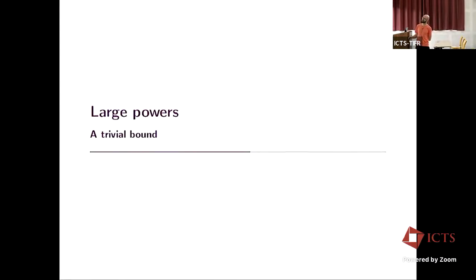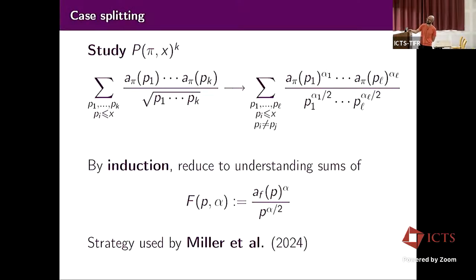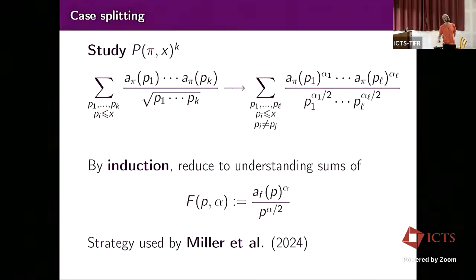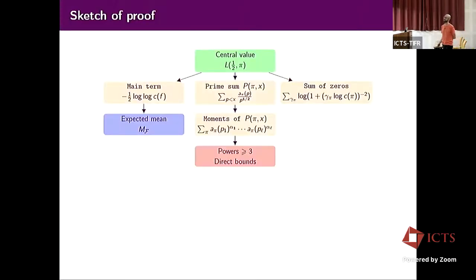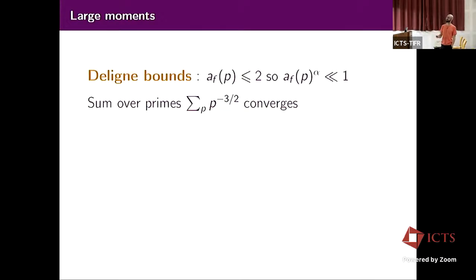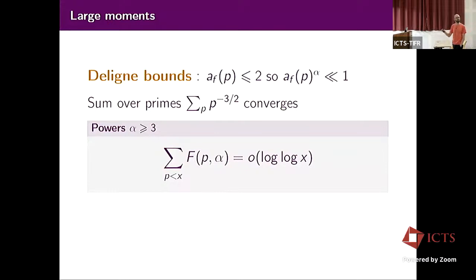Okay, so we need to study this sum over powers here for three kinds of powers: large powers, then two, and then one, that will work pretty differently. So large powers will be pretty easy. We can bound directly, pretty roughly. So we use the Ramanujan-type bound, which is uniform in F. And so any power is uniformly bounded, and the sum over primes, since the power is larger than 3, converges. So we can just bound everything by 1, everything converges, and that's in particular negligible in front of the main term.